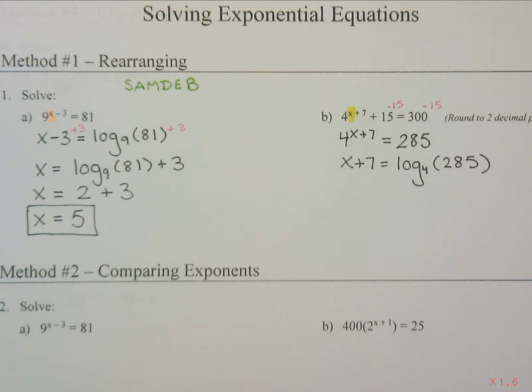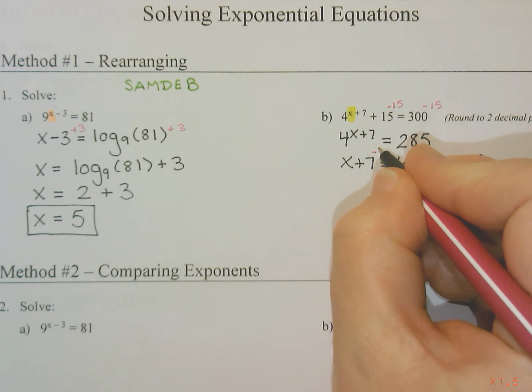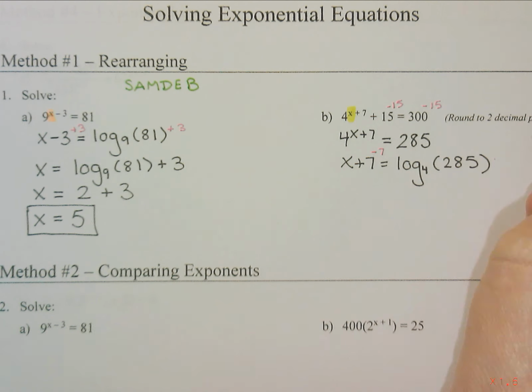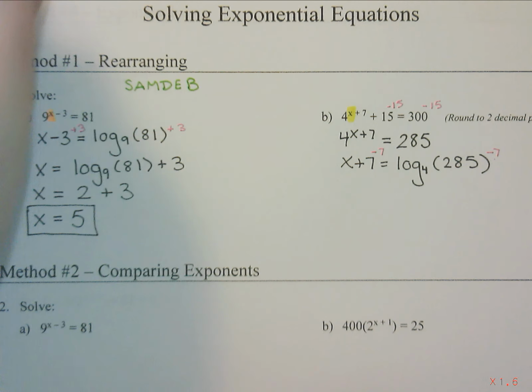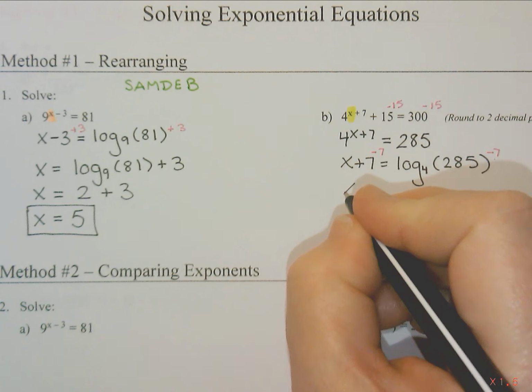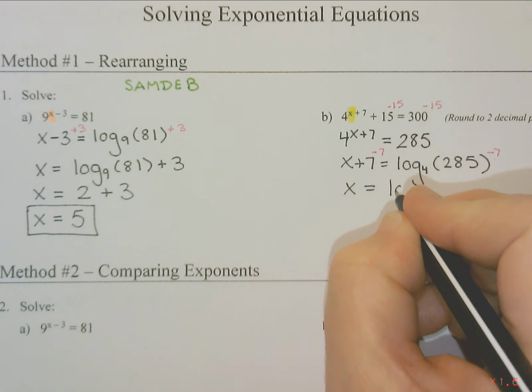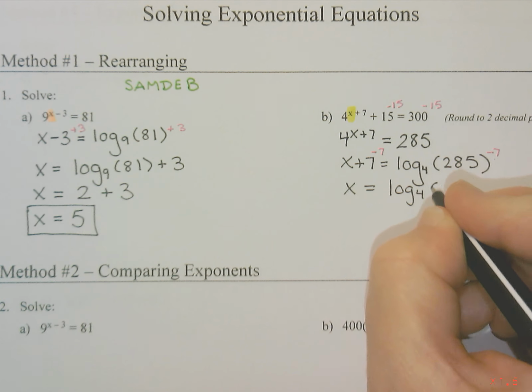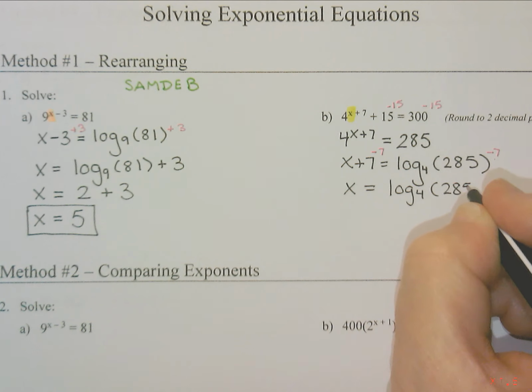So I will have to use change of base in order to calculate this on my calculator. But for the meantime, I think I'm going to keep rearranging. So I'm going to get rid of that plus 7 by subtracting 7 from both sides. And x is going to be log base 4 of 285